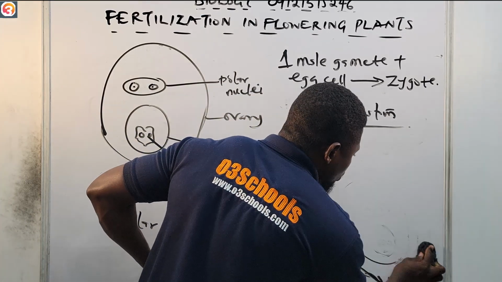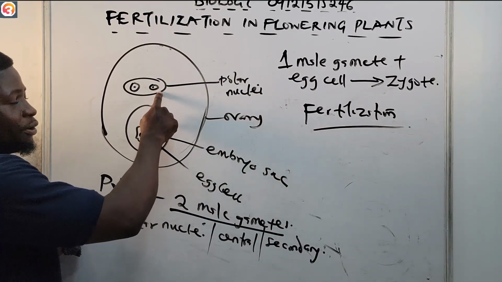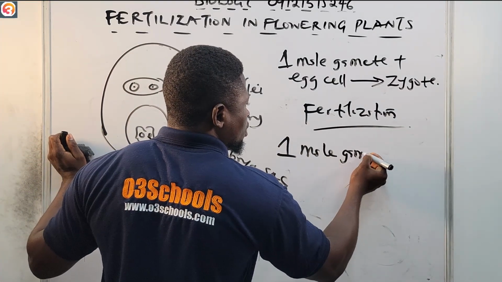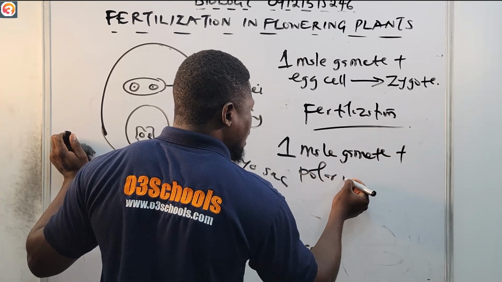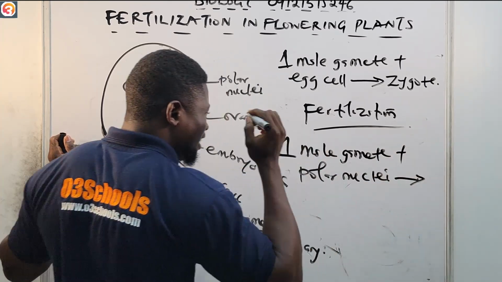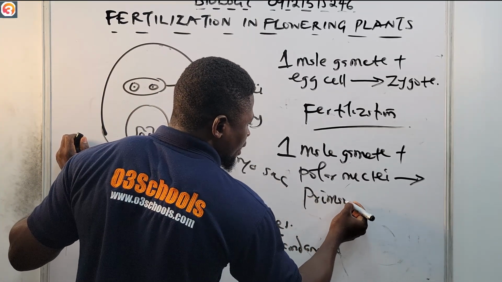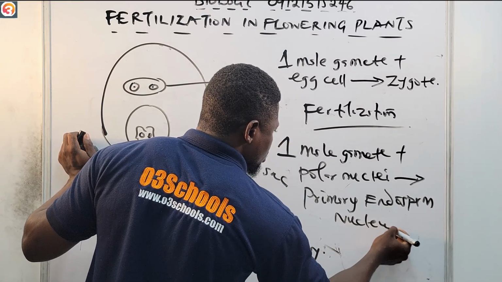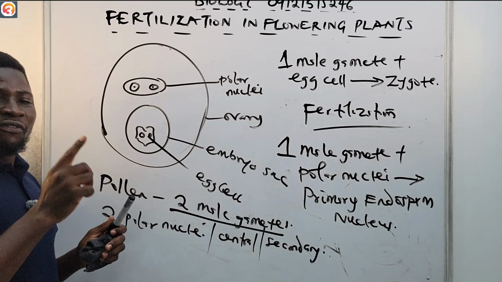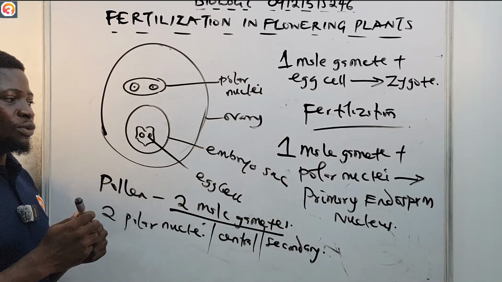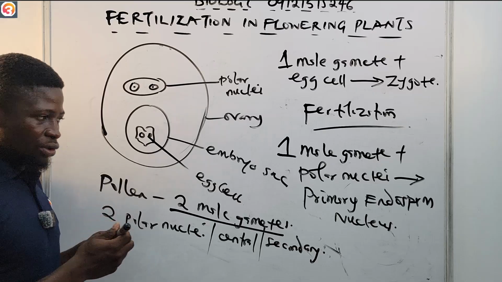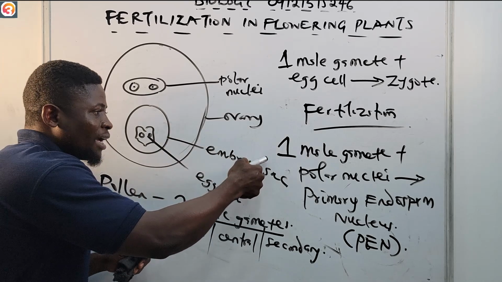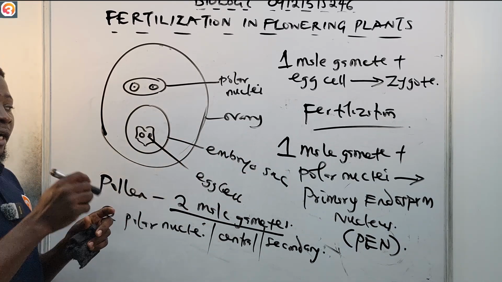The other male gamete will fuse with the polar nuclei. Remember, there are two polar nuclei. Once it fuses, it gives something known as the primary endosperm nucleus, which is shortened to PEN. So the second male gamete fuses with the polar nuclei to give us the primary endosperm nucleus,